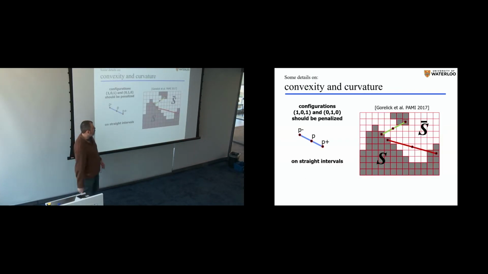And same for curvature. Curvature, generally speaking, is a penalty for non-straightness of the boundary. You can define it in a differential geometric sense, but generally what it stands for is that you penalize non-straightness of the boundaries. And this is where you use a triple clique of exactly the same kind as for convexity, in the sense that you penalize the 1, 0, 1 configuration. Actually, 0, 1, 0 is fine. 1, 0, 1 we don't want. So this is a triple clique that you want to discourage. You pay for it, and if you penalize those 1, 0, 1 discontinuities, you're penalizing curvature of the boundary.